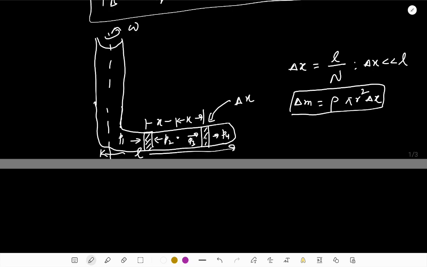P1, P3 are the pressures on these elements from the left, and P2 and P4 are the pressures on these elements from the right. And we can write the equations as